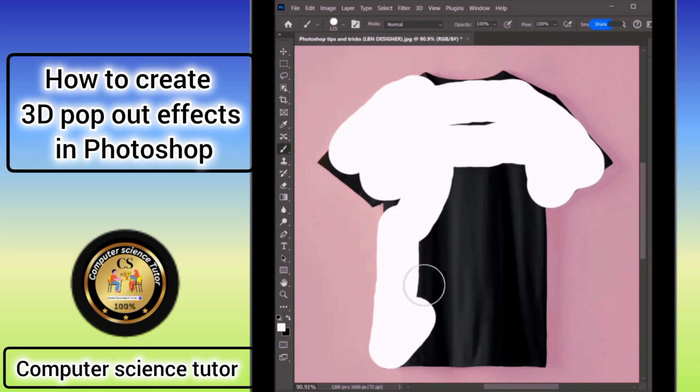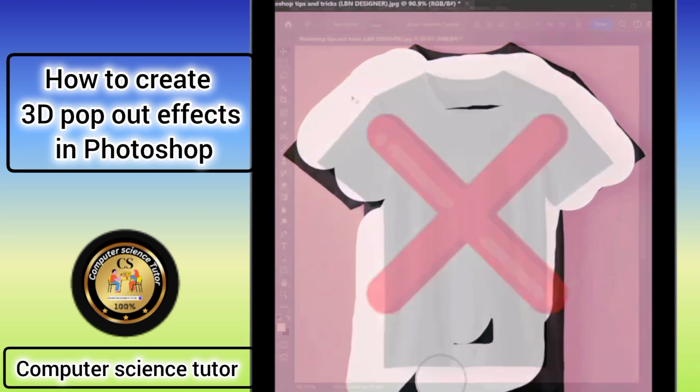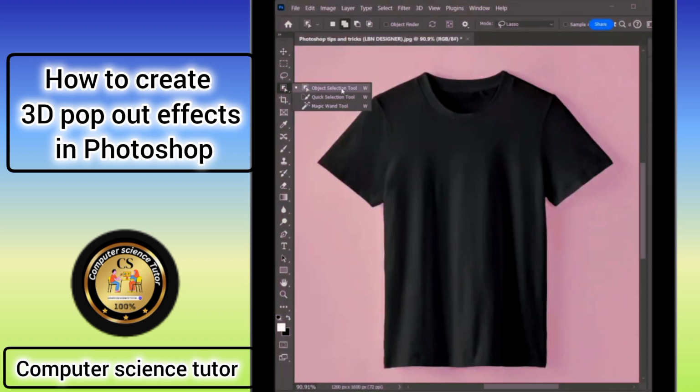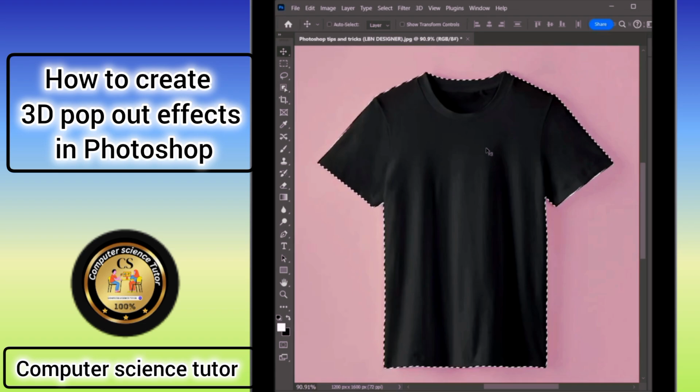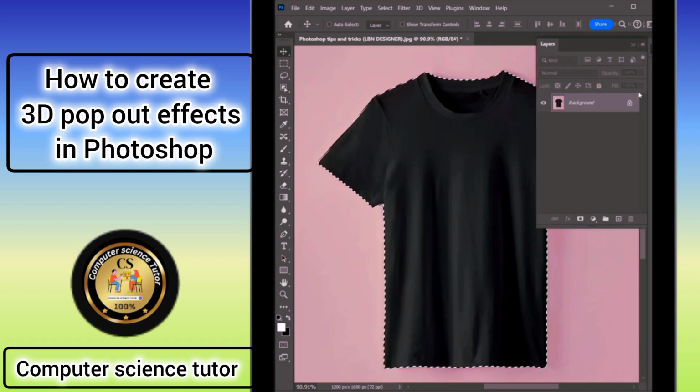How to change black t-shirt to white color in Photoshop. Select on Object Selection tool. Tick on Object Finder. Drag the cursor to select the t-shirt. Select Move tool. Click Layer option and